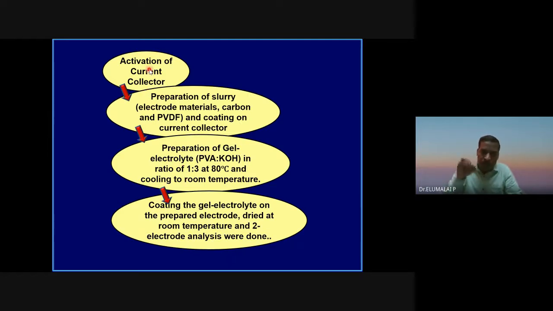Carbon cloth. From the carbon, you can make something like a cloth. It would look exactly like cloth, only the color is black. Unfortunately, that cloth has a hydrophobic nature. It will not get wet with water. So first you have to activate it.